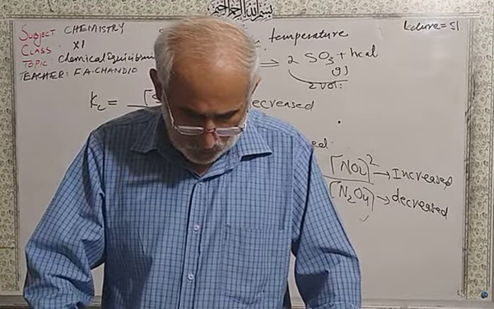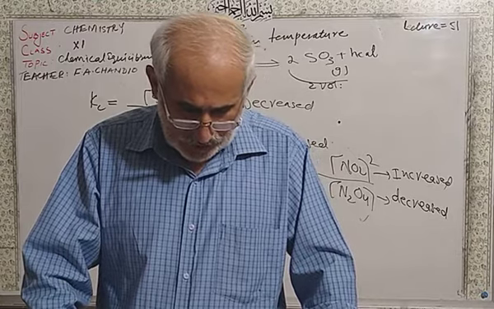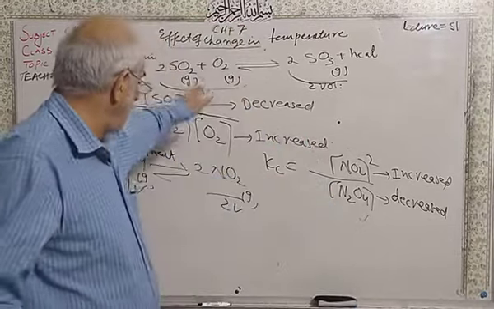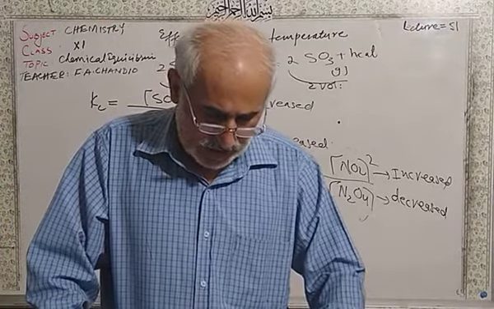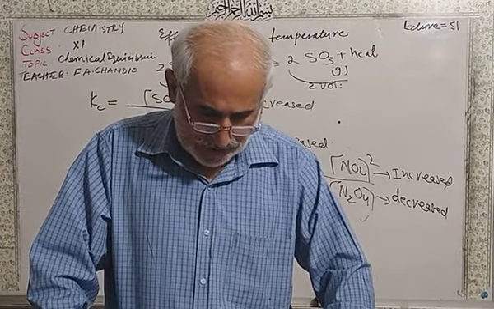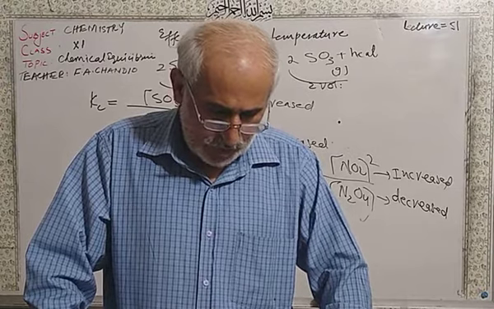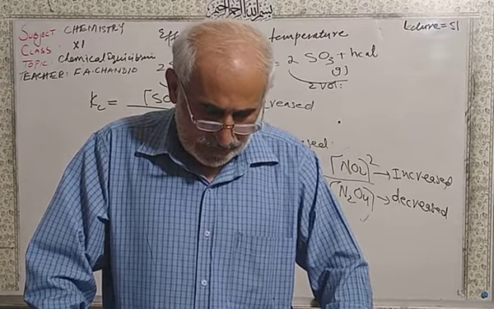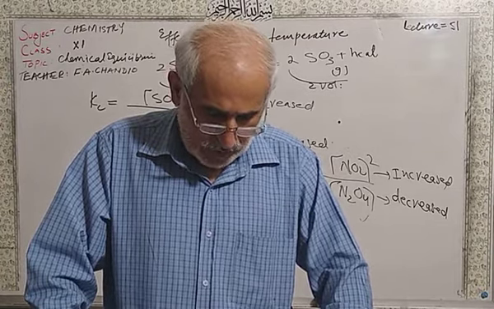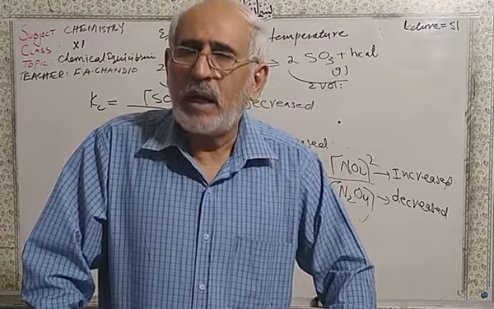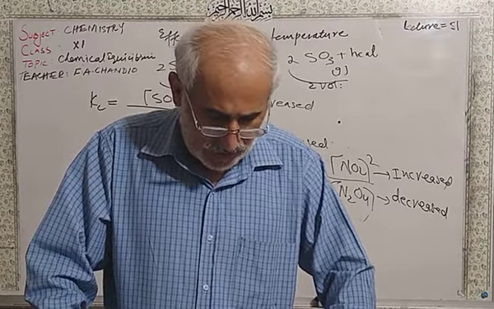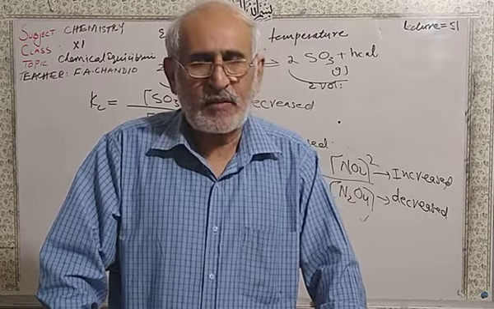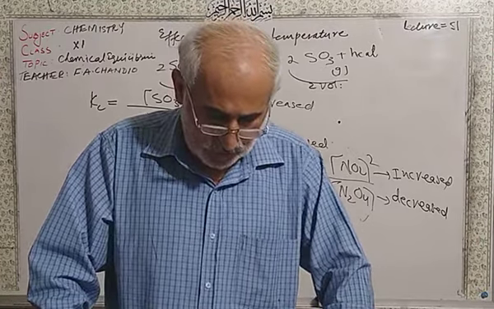There is one thing more. According to Le Chatelier principle, if you are going to increase the temperature on the system of sulfur dioxide and oxygen to make sulfur trioxide, the chemical equilibrium will be shifted towards the right side and heat is absorbed at increasing temperature. As a change, the concentration of sulfur trioxide will decrease and the concentration of sulfur dioxide and oxygen is going to be increased.